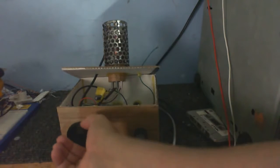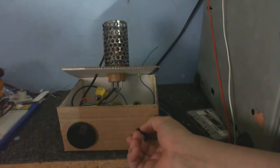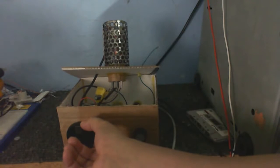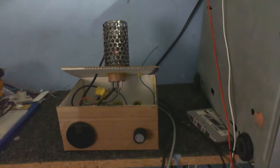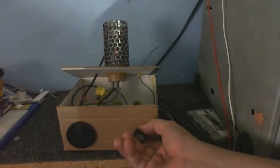Oh, there we go. We went into oscillation there. The only thing that's a little bit of a problem is that adjusting the regeneration does retune it a bit, but that can always happen. Let's see how far...